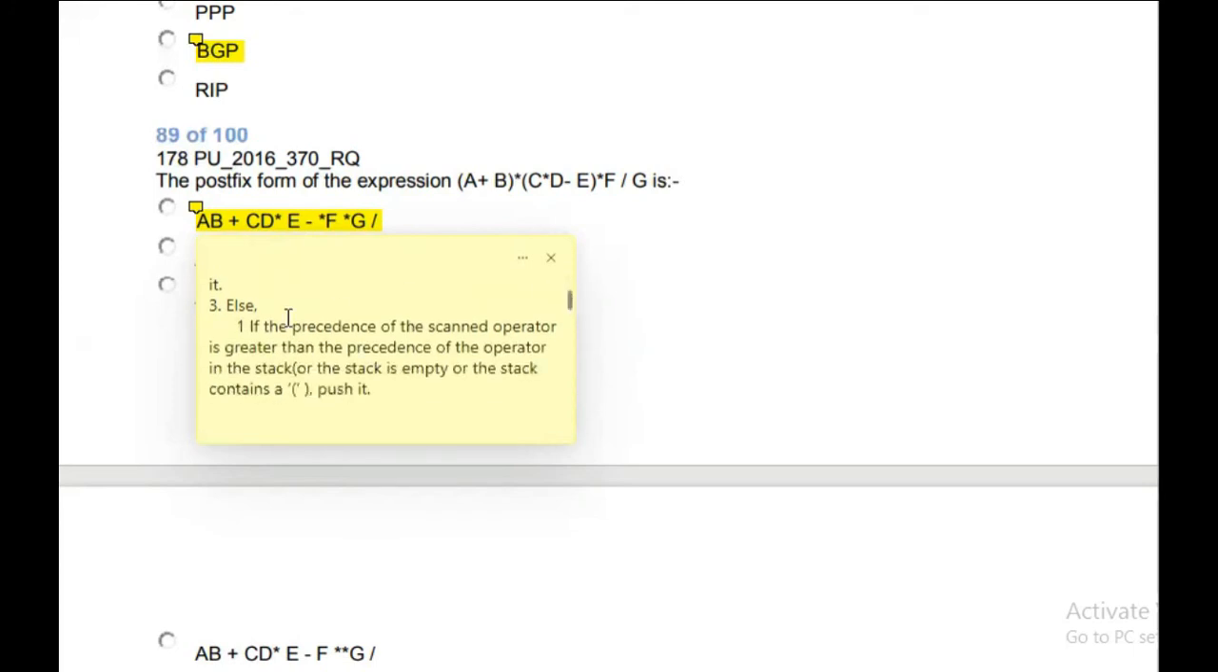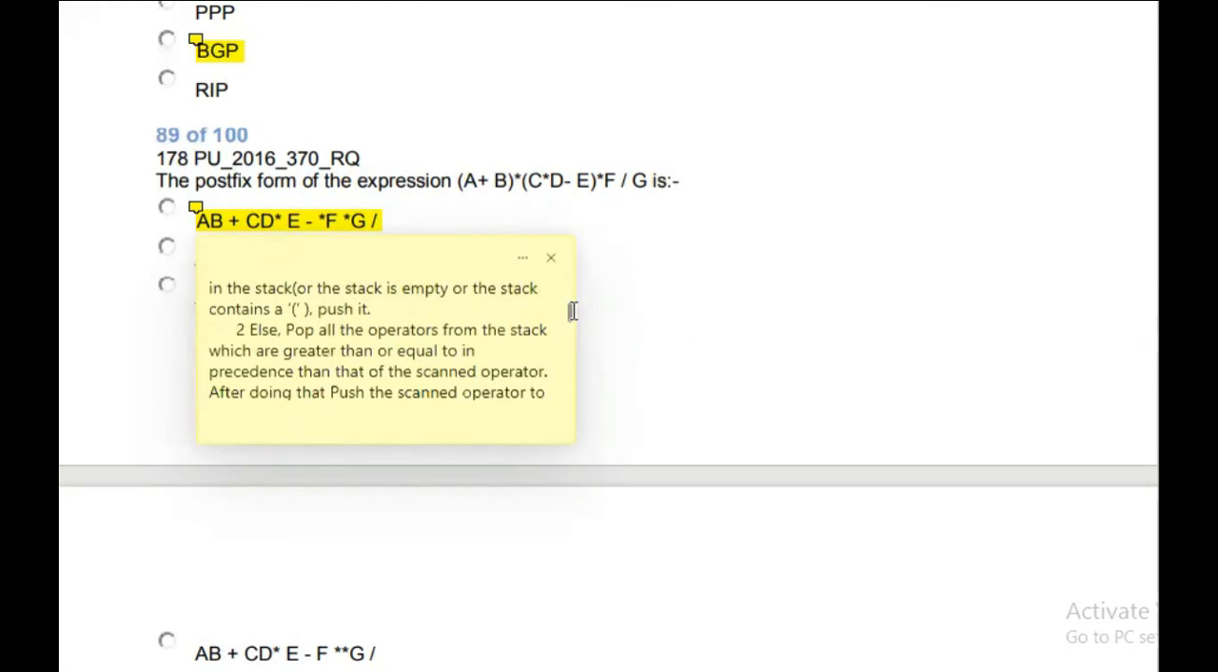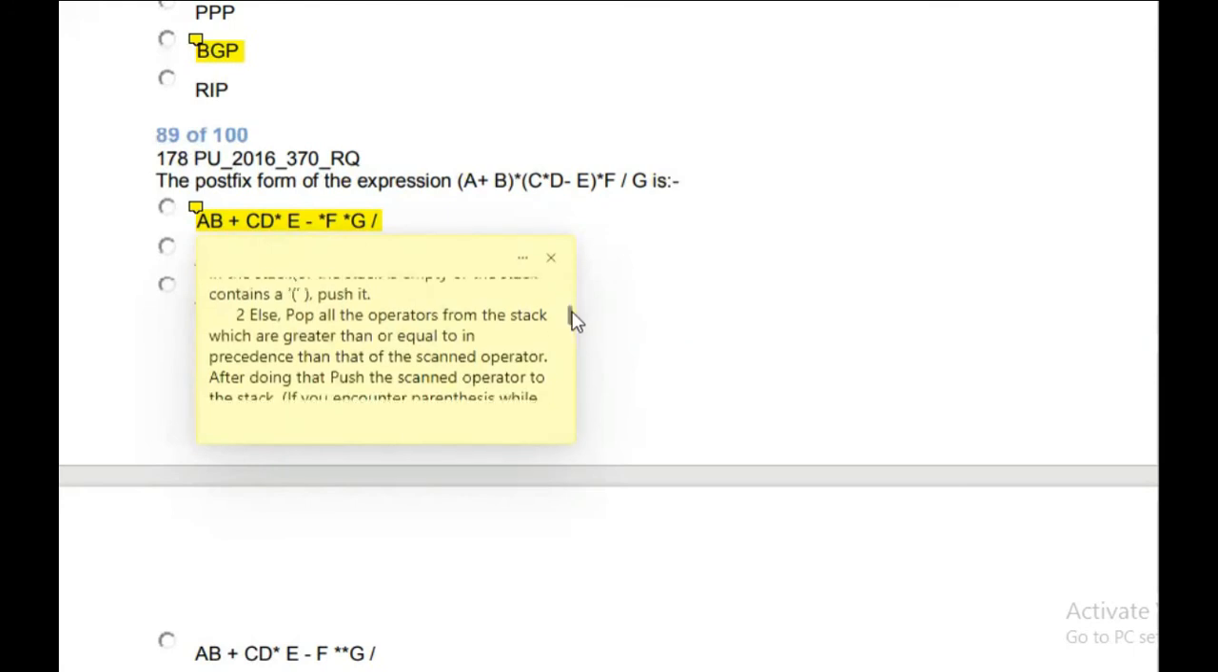Else, if the precedence of the scanned operator is greater than the precedence of the operator in the stack, or the stack is empty, or the stack contains an open parenthesis, push it to the stack. So all operators are pushed into the stack. If the stack is empty, we just push the operator into the stack. If the stack has some other operators, then we check